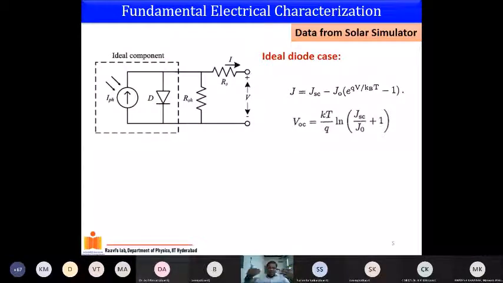This is the equivalent circuit of any solar cell, and we take the simplest case, which is a one diode model. One can go to an advanced level and go for two diode models. I'm not bringing that here because of the complexity involved in going to the two diode model system. So if you simply consider this solar cell as a single diode, you can make it into two parts. One is an ideal component, and the second is what deviates this solar cell, which is nothing but a diode, from your ideal diode case.